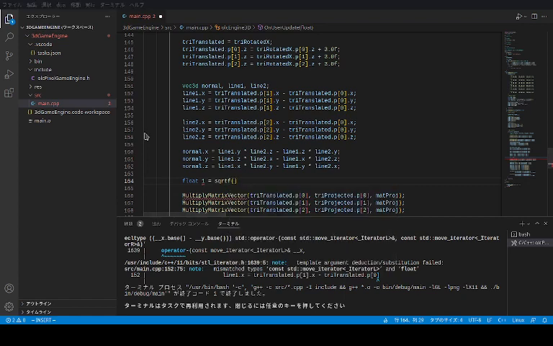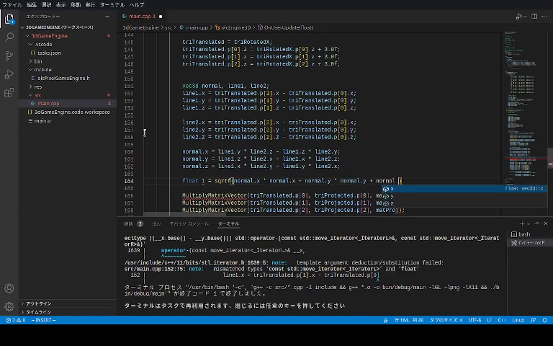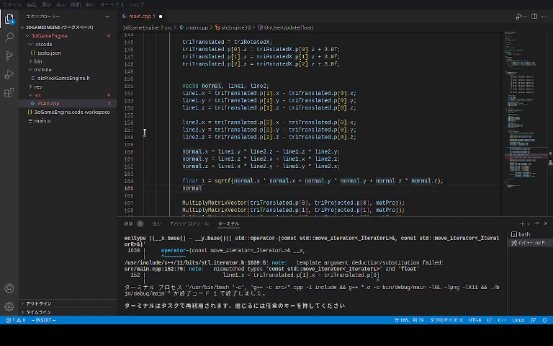Okay, so square f, normal.x times, well, okay, that's interesting. It just does it twice. I guess there's no square to the power of operation. Plus, I guess it's just Pythagoras' theorem, normal dot y times normal dot y, plus normal dot z times normal dot z. And that should be it. Semicolon. Normal dot x divided equals